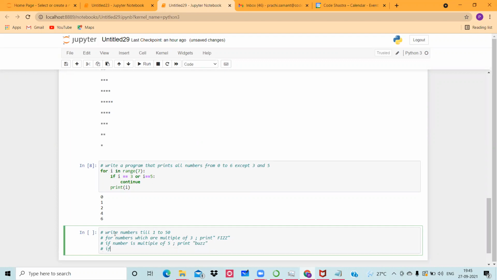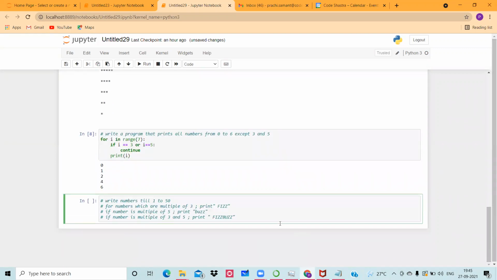And if the number is a multiple of 3 and 5, like 15, 30, and so on, then we have to print both together, that is fizzbuzz. You can print anything at that point, it's just simply a name. So this is the question, and again you have to think of the logic to write this type of answer.